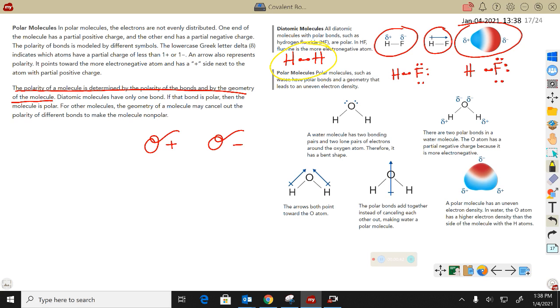The bond was polar, creating regions of charge, and because that's the only bond in the molecule, it leaves the whole molecule with regions of positive and negative charge. That's what it means to be a polar molecule, that there are regions in the entire molecule that are positive and negative. Well, in the last segment, we looked at